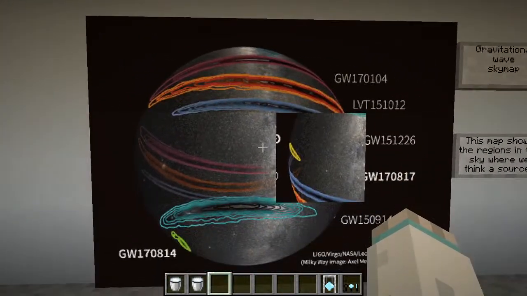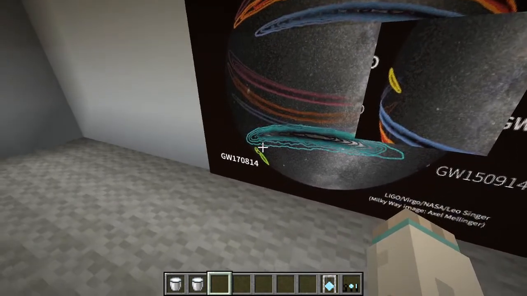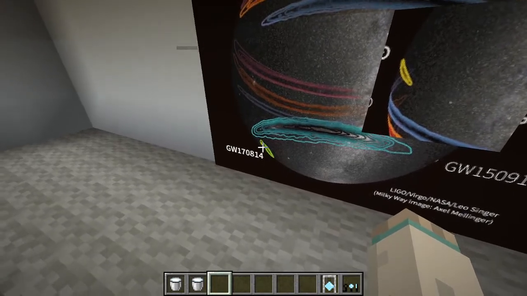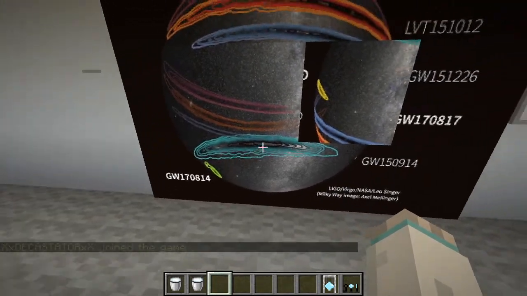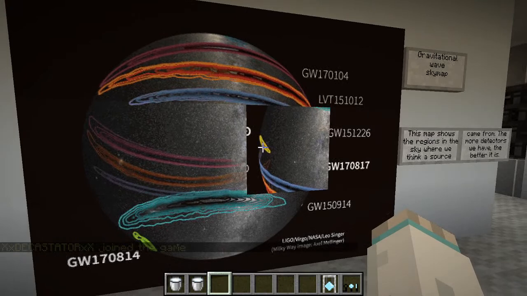But gradually, as we build and switch on more and more detectors, we end up being able to pinpoint more precisely where this has come from. So you see from GW170814, for example, this area is starting to get much smaller. Now we have the two LIGO detectors, we have KAGRA and Virgo running along, and they can help pinpoint this better. And hopefully in the future, once it's all up and running, we'll also have LIGO